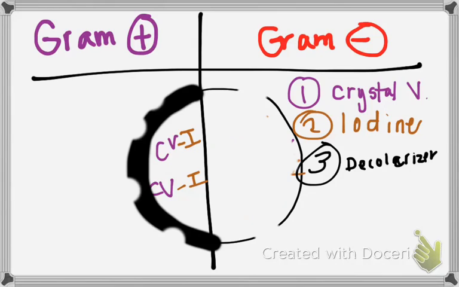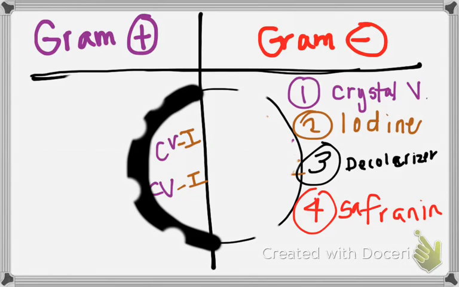Okay, what if we had looked at them after the iodine? What color would they both be? They'd both be purple, right? Okay, next, step 4, you're going to add saffron red. And I guess I can make that red. Okay, and that fourth one, when you add the saffron red, it's going to go on both sides,